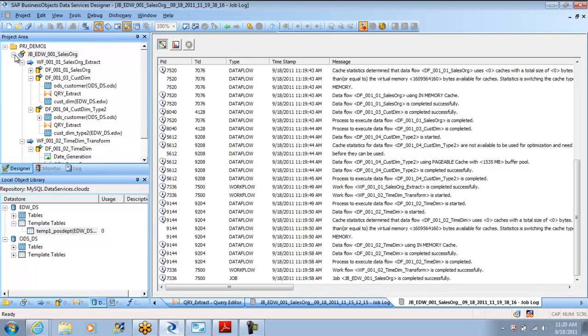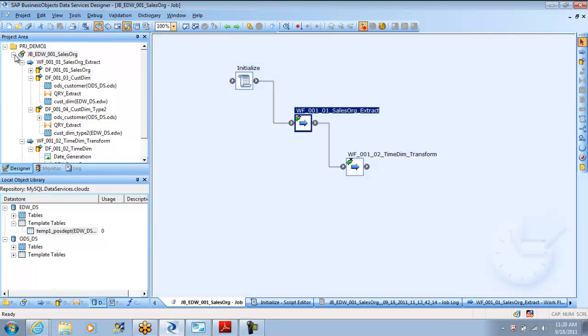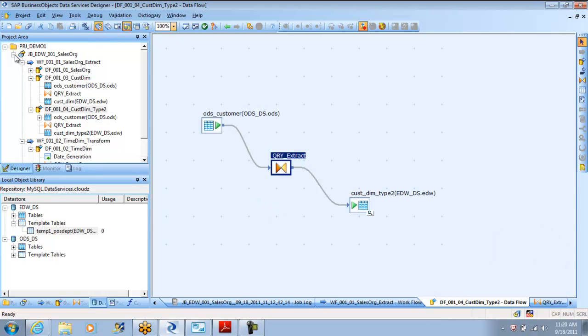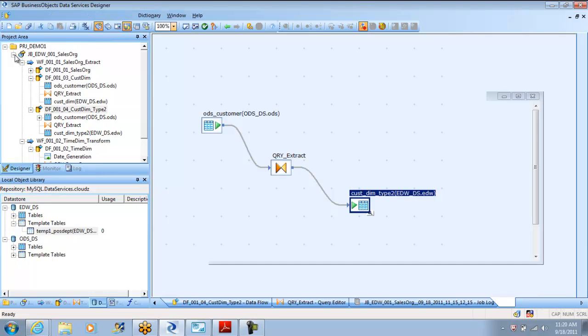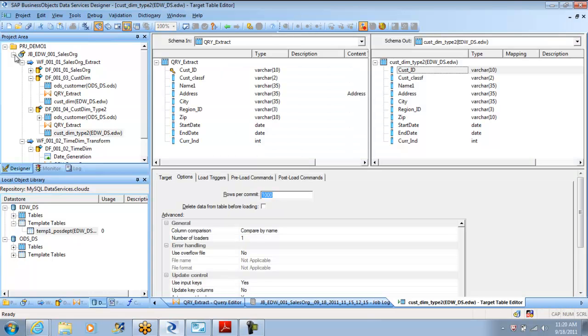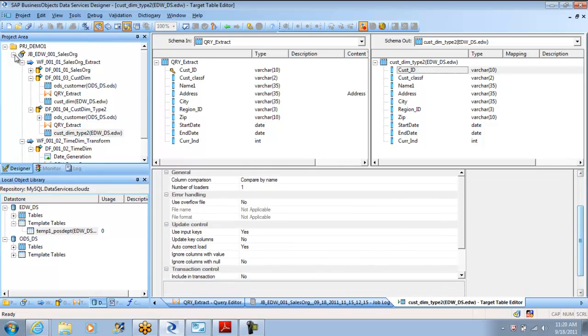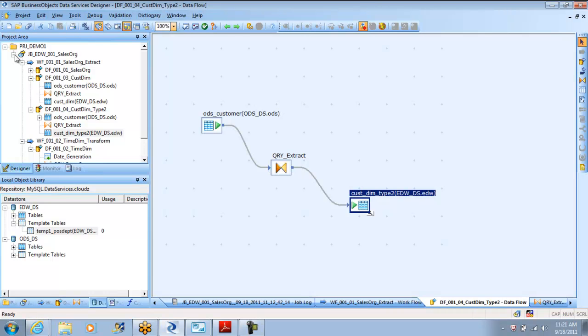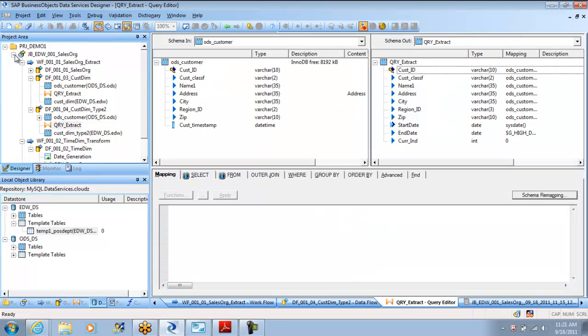Okay, I will show you what I did. I went into my customer type 2 dimension. It is still not a type 2 dimension, but I first try to show you how to handle a type 1 dimension. In options, I made use input keys as yes and autocorrect load as yes. Earlier they were no; now I flipped them to yes. My input key is customer ID, which means if the same customer comes again, update him,